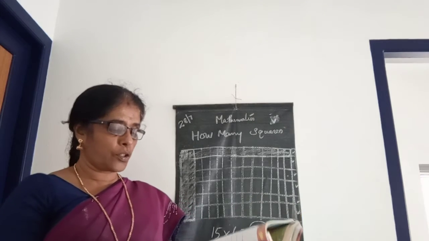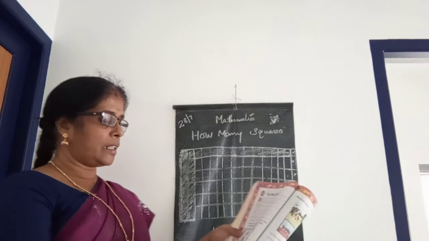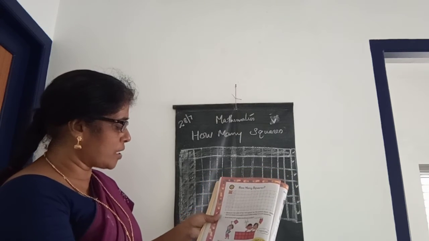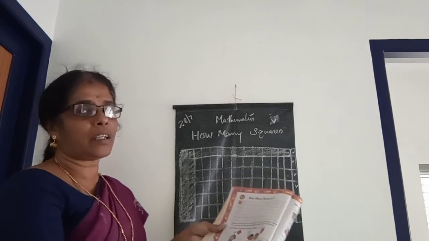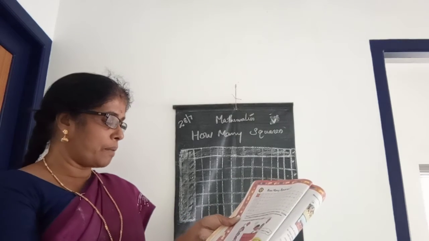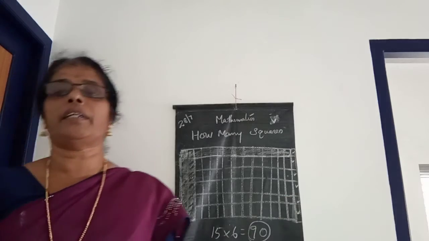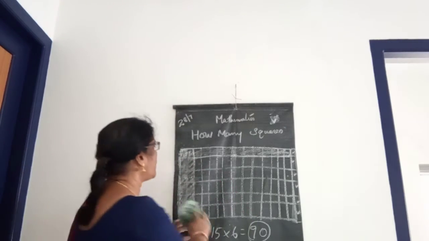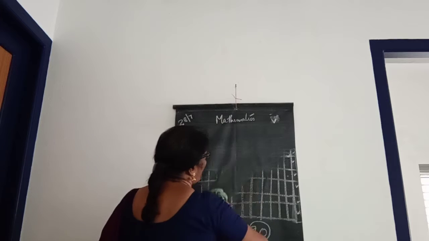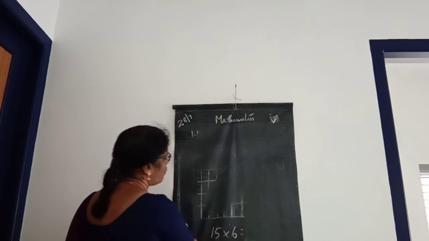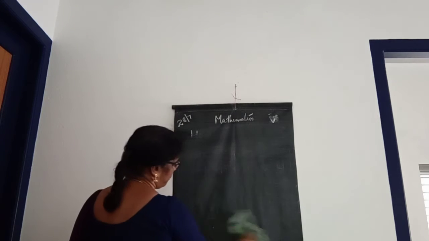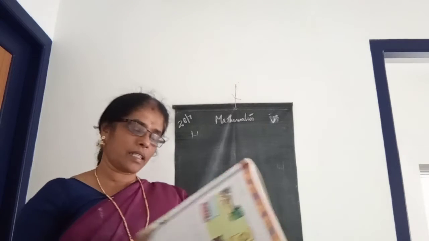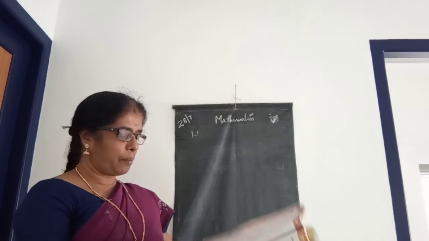Okay. Yes, the next one. Each rectangle is made out of 12 equal squares. So all have the same area. But the length of the boundary will be different. So we have to study about the boundary and area. What is boundary? What is perimeter? Yes, area is the same, but the boundary will be different.